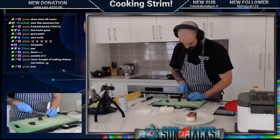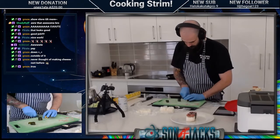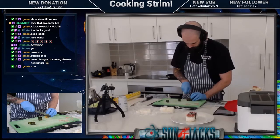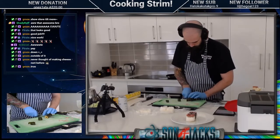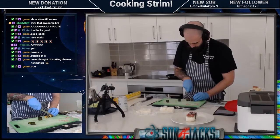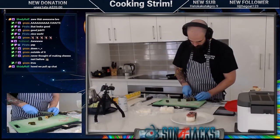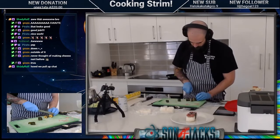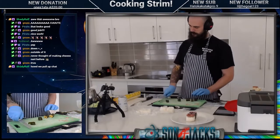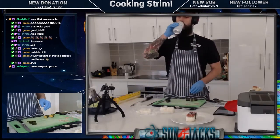We want some nice little cheese rolls to accompany Mr. Piggly Wiggly. I'm going to cut these up. Oh, that might come apart. I pulled it up a bit rough, that's what I did. But these beers are helping me feel a little bit better. So you've got these tail ends here, you do whatever you want with those, but...